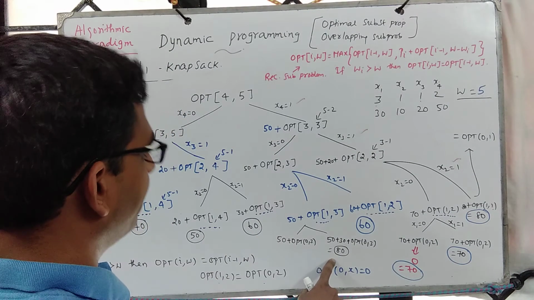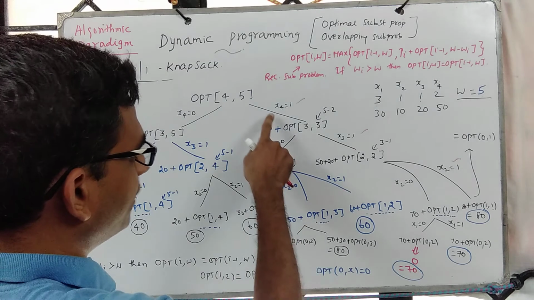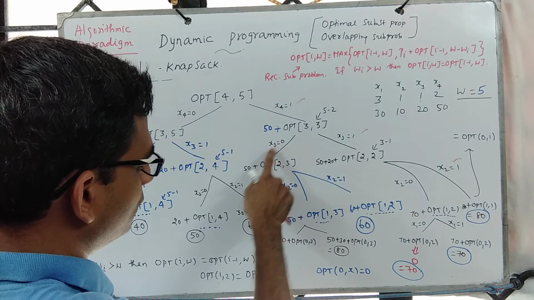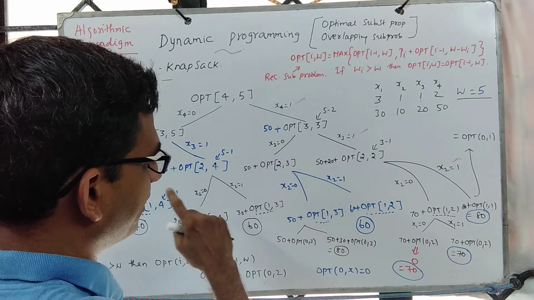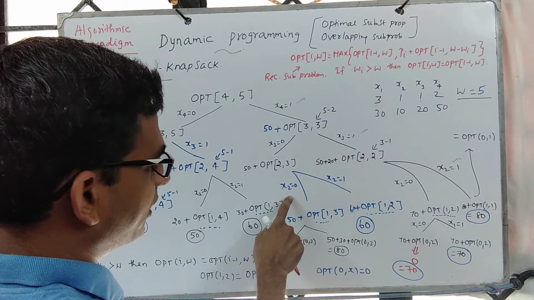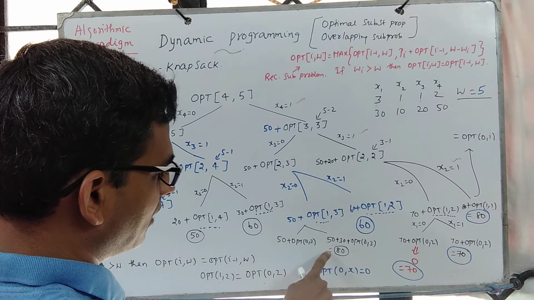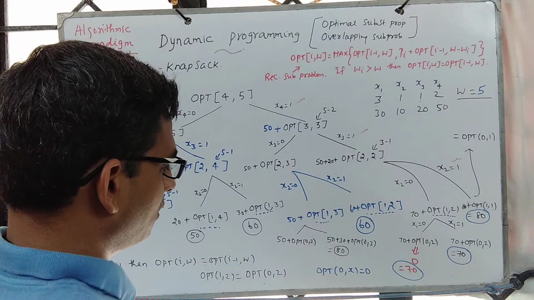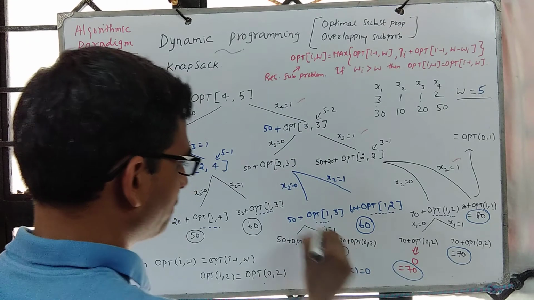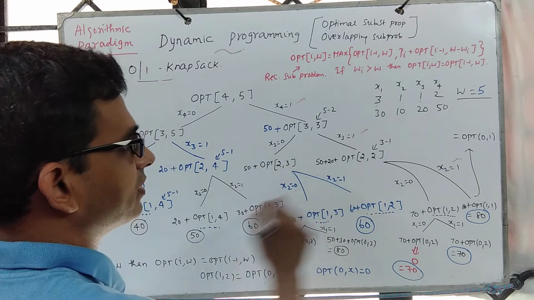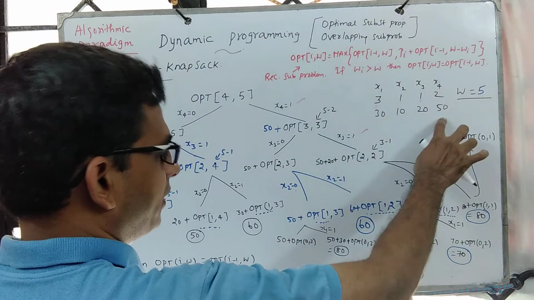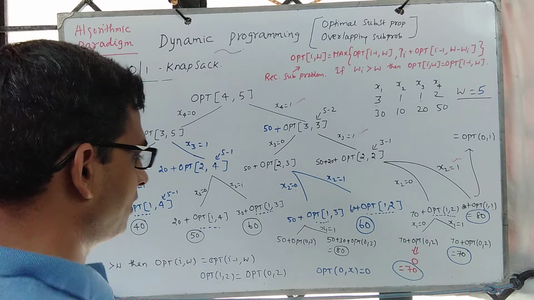Another solution is here. So what it says is you include x4, and then you come this side. This says do not include x3. And then we come over here. This says do not include x2. Then we come over here. In this case, we include this. So what this says is include x4 and include x1. Do not include x2. Do not include x3. So I include this, and weight will be 5, and profit earned is 80. That is another solution.